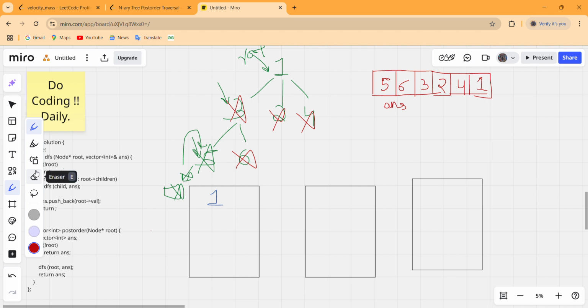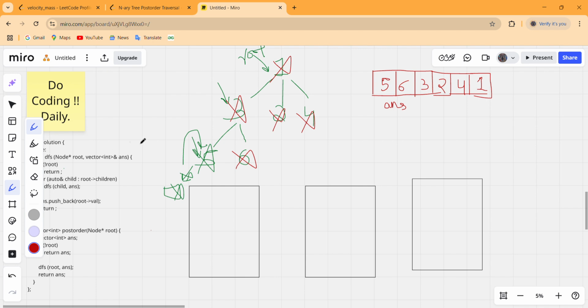So let us first erase this, mark this 3 and 1 as evaluated, and there are no more nodes left for us in these DFS calls to get evaluated.